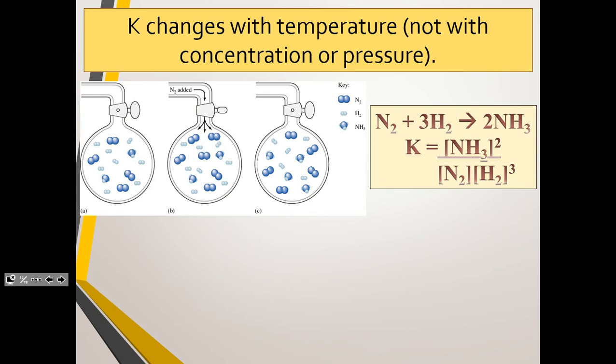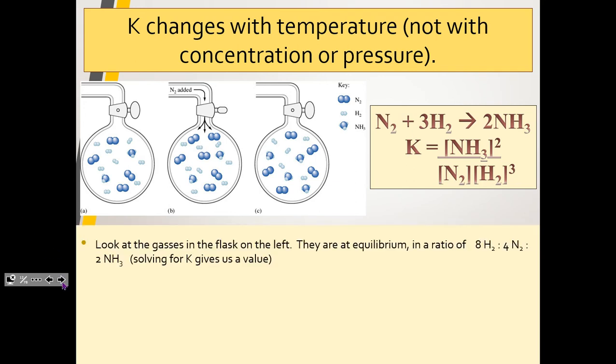So if we are looking at how K changes, it's only going to change with a change in temperature. If we increase the concentration or the pressure, that will not affect the value of the equilibrium constant. So if we're looking at the flasks here, what we'll notice is we have an equilibrium situation on the far left flask. If we make an addition of N2 gas, what we'll find is that the ratio of the gases